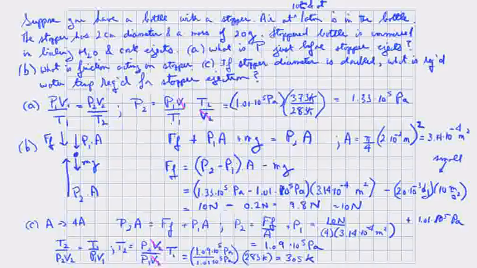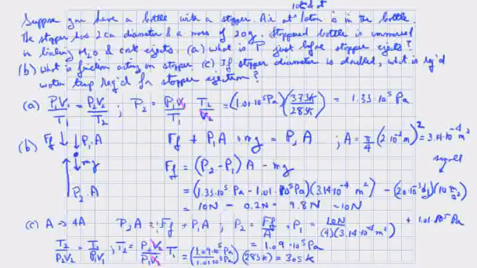In part C now, it is asking what happens if the stopper diameter is doubled. Well, doubling the stopper diameter is going to cause a quadrupling of area, and if the area is bigger, there is going to be a bigger differential force between P1A and P2A. So one would expect that a lower temperature is required and a lower pressure P2 is required inside the bottle to eject the cork. So using the same free body diagram as before and ignoring the weight of the cork,